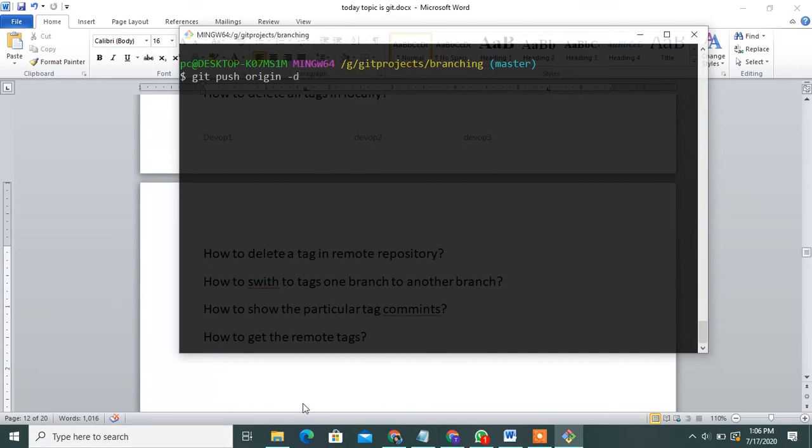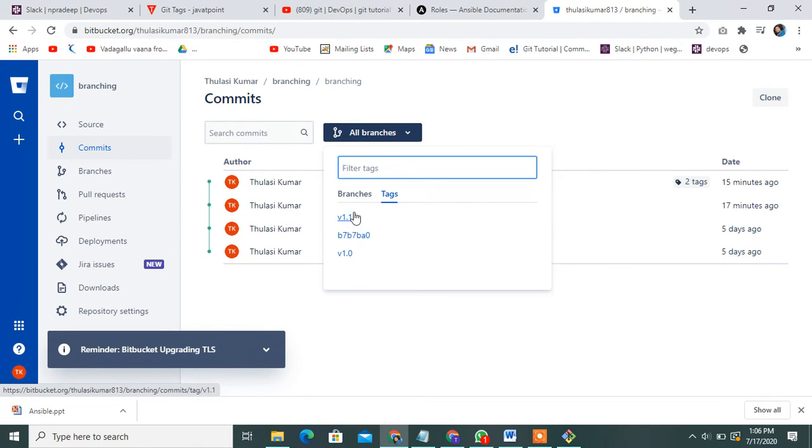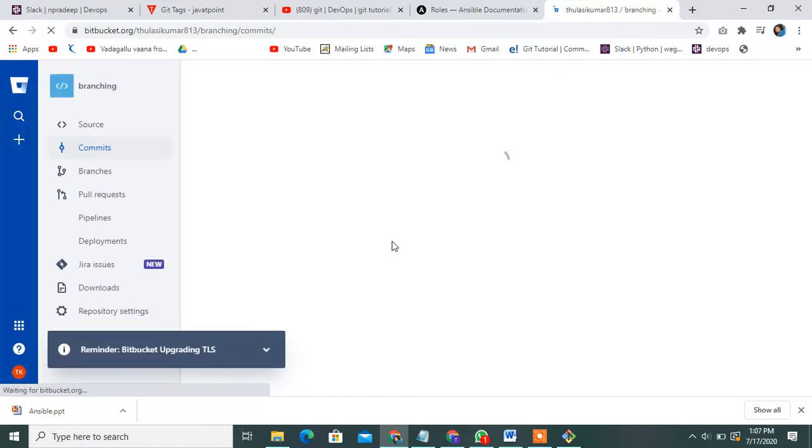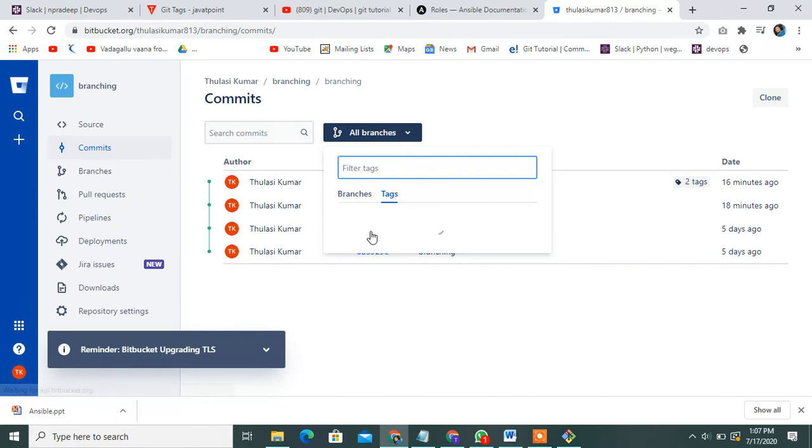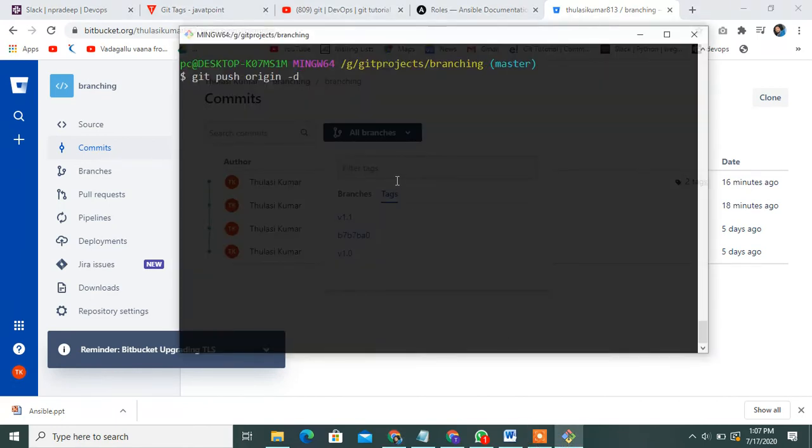-d. First of all, check the tags remotely. Three tag names will display, v1.1 and tag ID and v1.0. How to delete it? Git push origin -d v1.0.